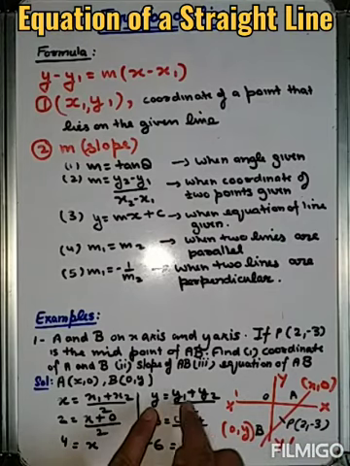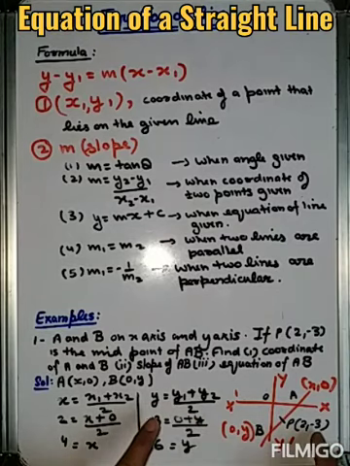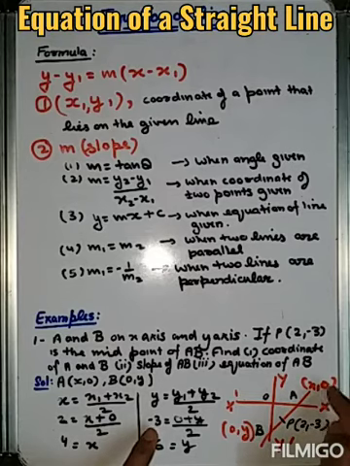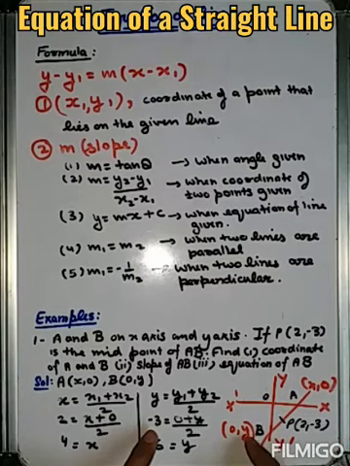Now y equals y1 plus y2 upon 2. Y is also given to you because the midpoint is given. The y coordinate of the midpoint is minus 3, equals y1 that is 0 plus y2 that is y, upon 2. Y is equal to minus 6. The coordinate is 0 comma minus 6.